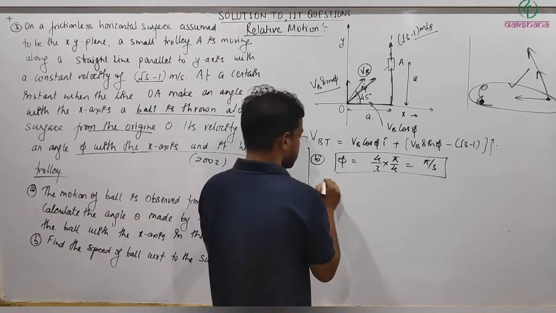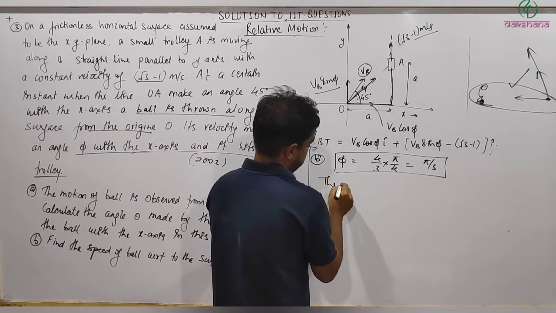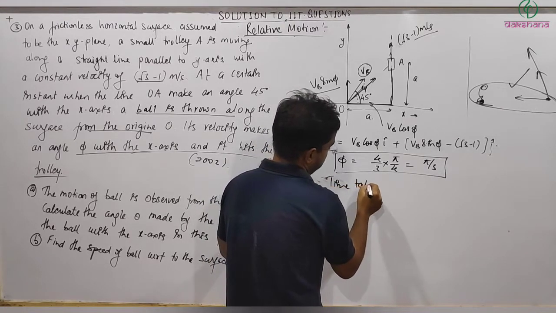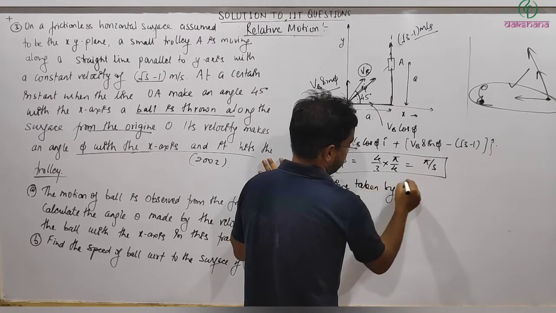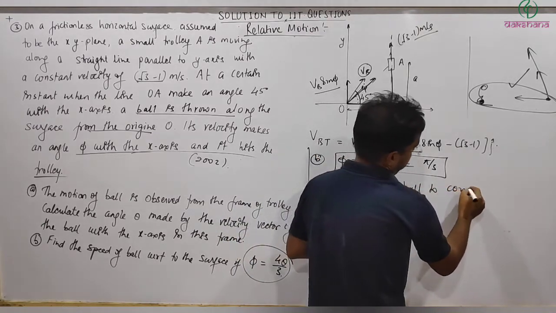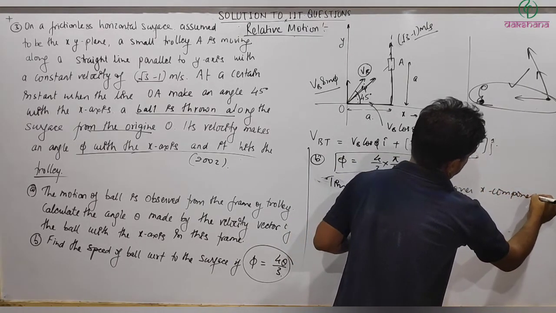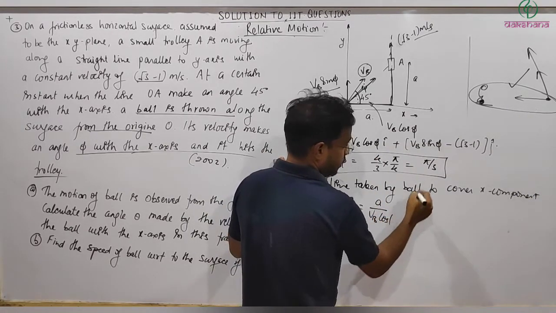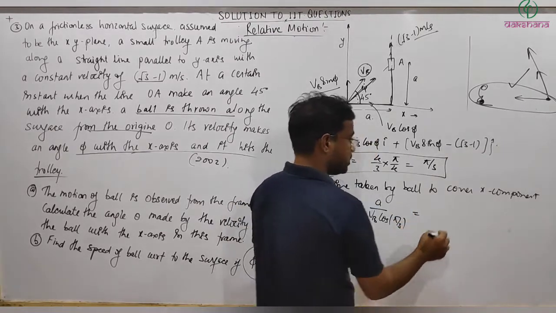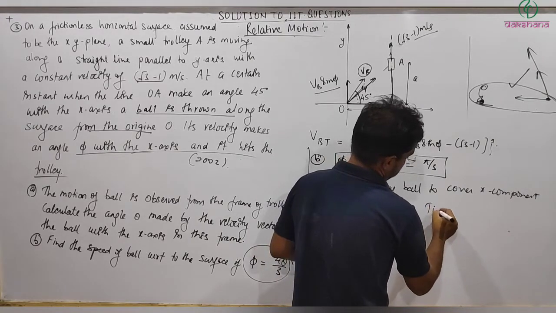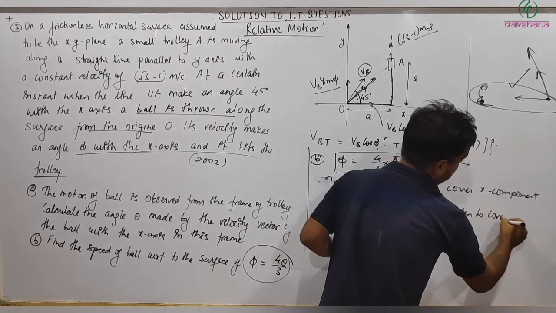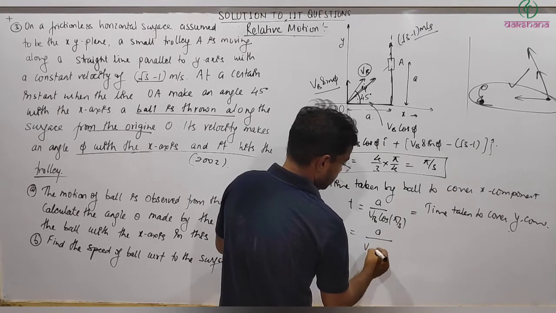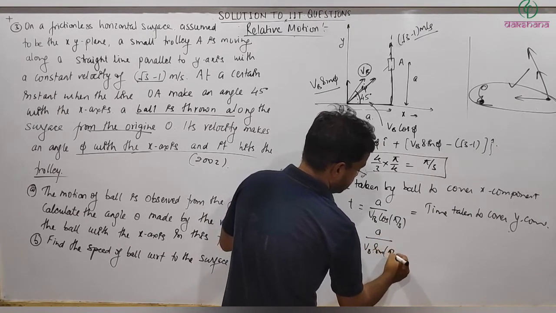So the time taken by the ball to cover the x component, let's say t, is equal to A divided by VB cos pi by 3, and this must also be equal to the time taken to cover the y component separation,